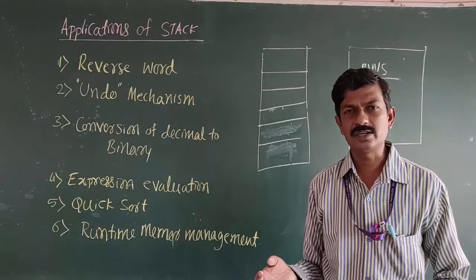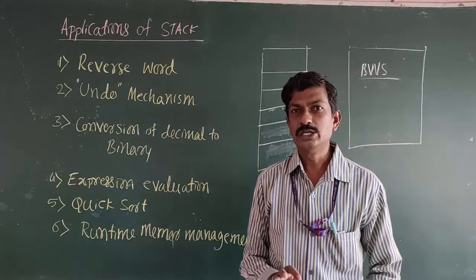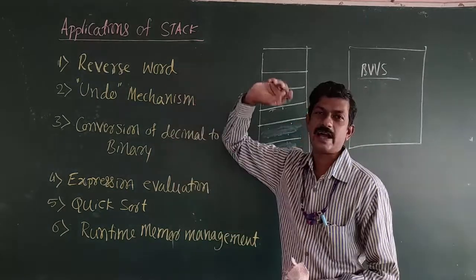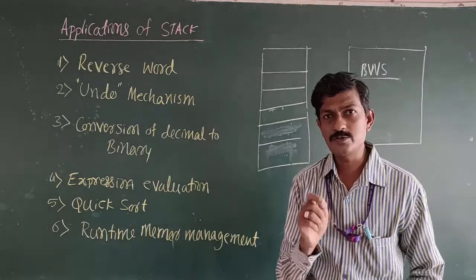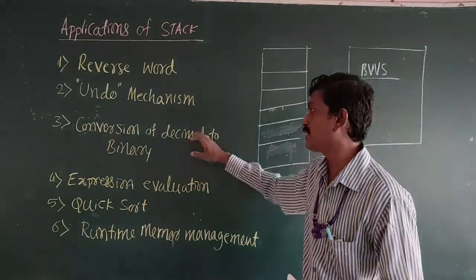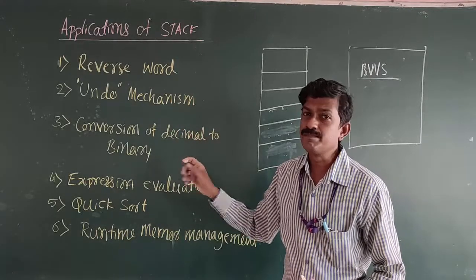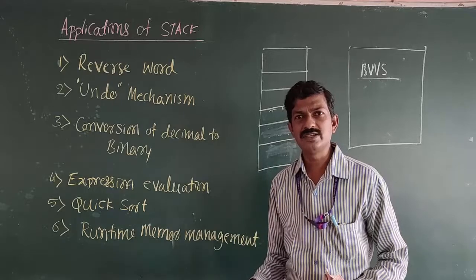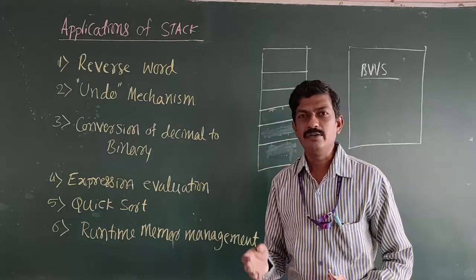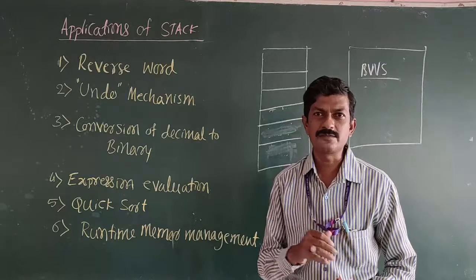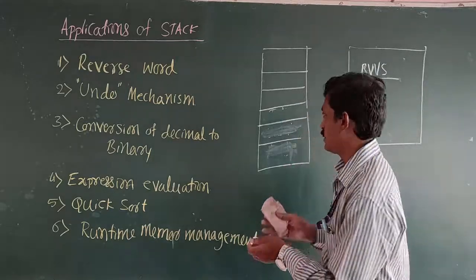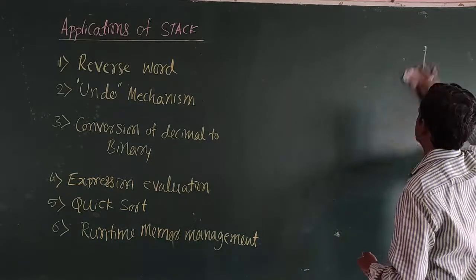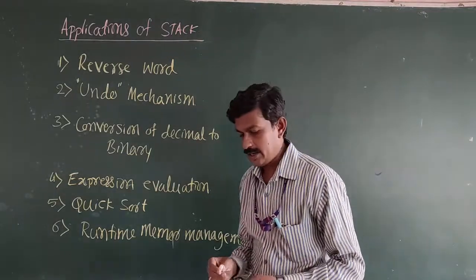You are already familiar with conversion of different number systems. To convert a decimal number to a binary number, once again we require the stack data structure. Whatever remainder we get while converting decimal to binary is pushed into the stack. After successful completion of the division method, we pop all those remainders from the stack. Once again, see how the conversion is handled.